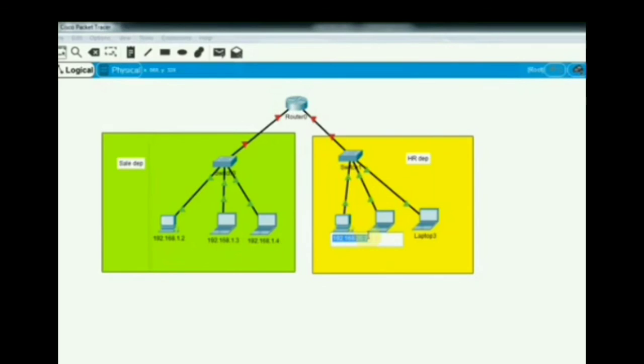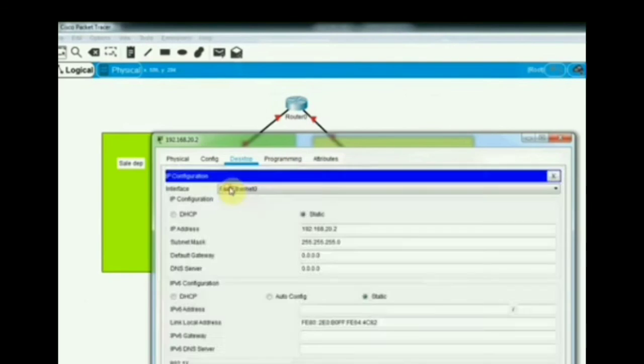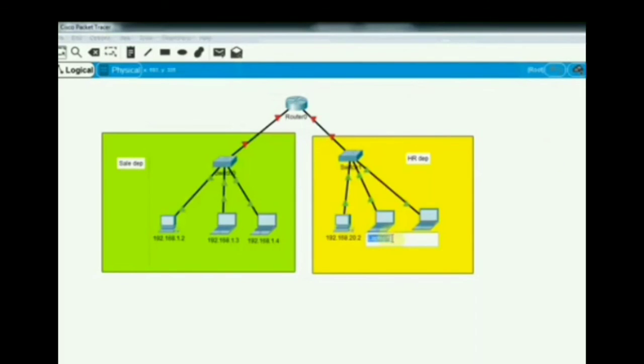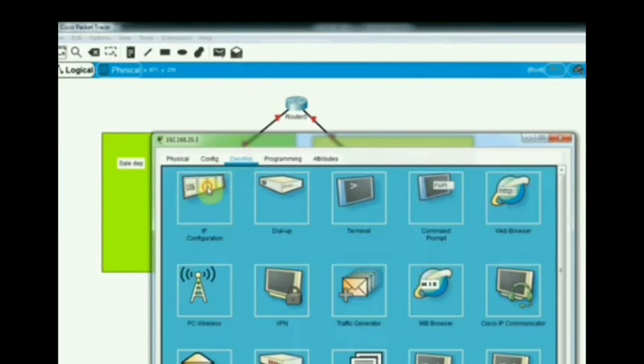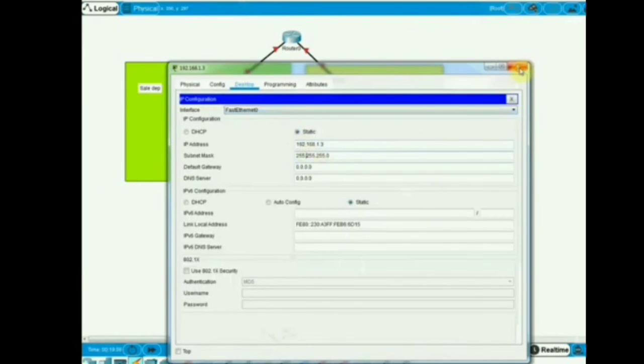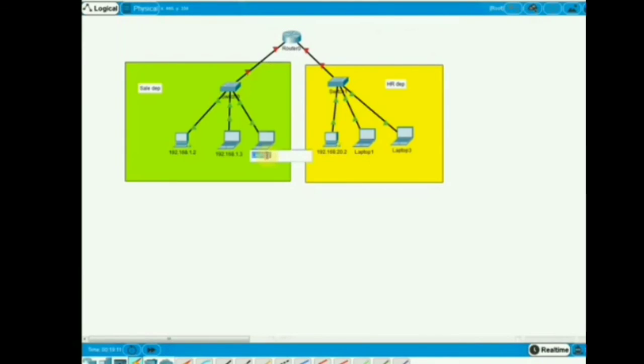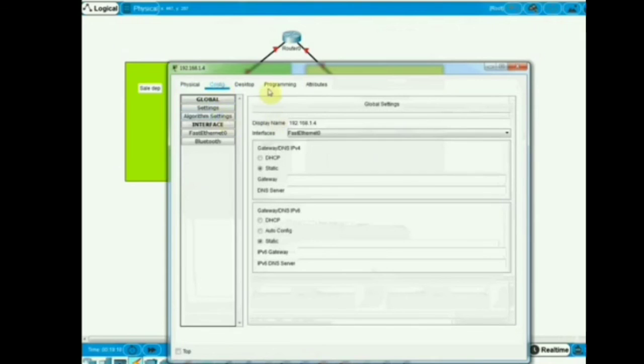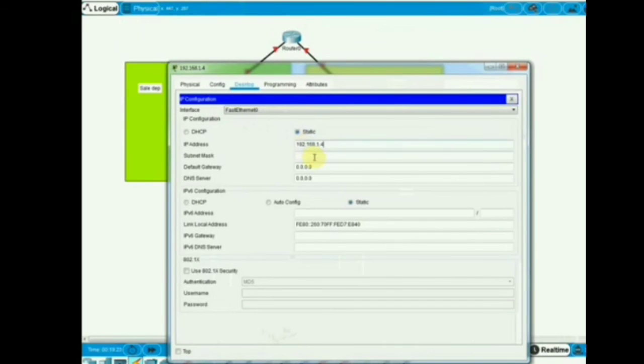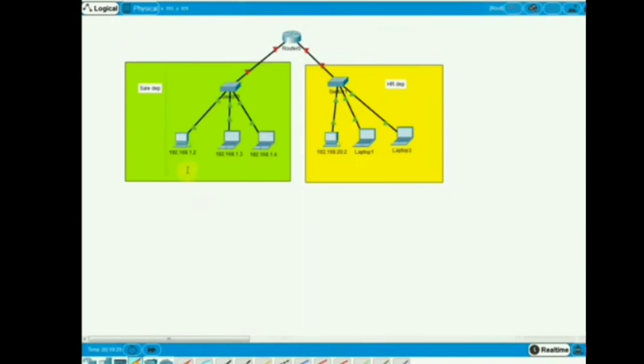We have 20, so I will take this. We need to assign this IP already, right? Check here, we already assigned 20.2. So we will go here and let me rename it 20.3. So I rename, then let me copy here, and then I will go inside the laptop here and paste. Okay, then I will do the other laptop, and here I will write the 4. Here I will write the 4, guys, and I will copy this one.